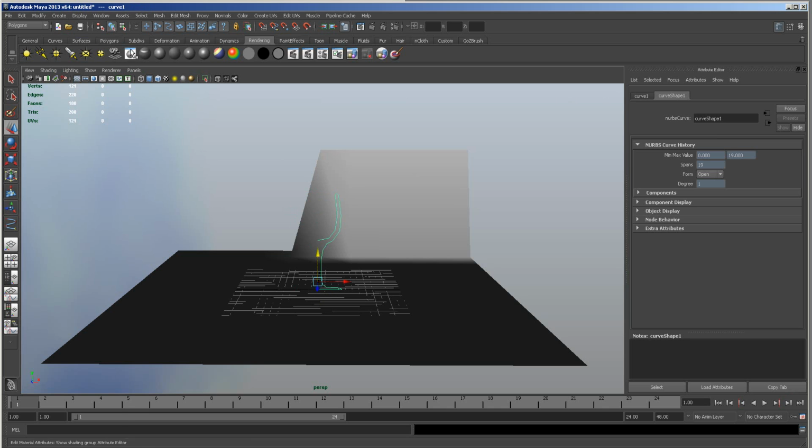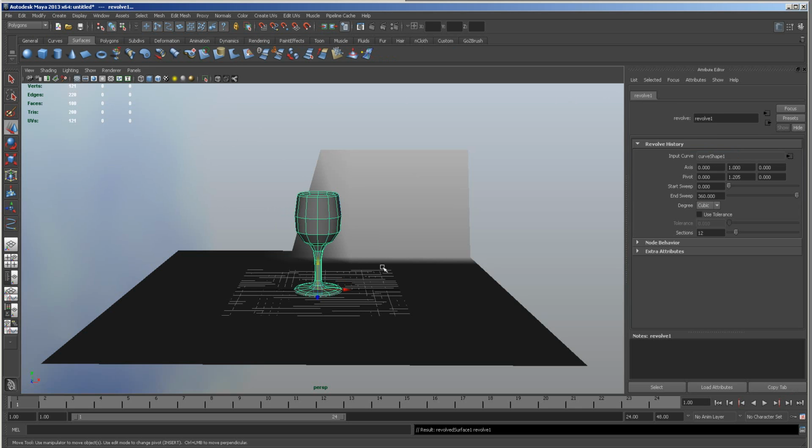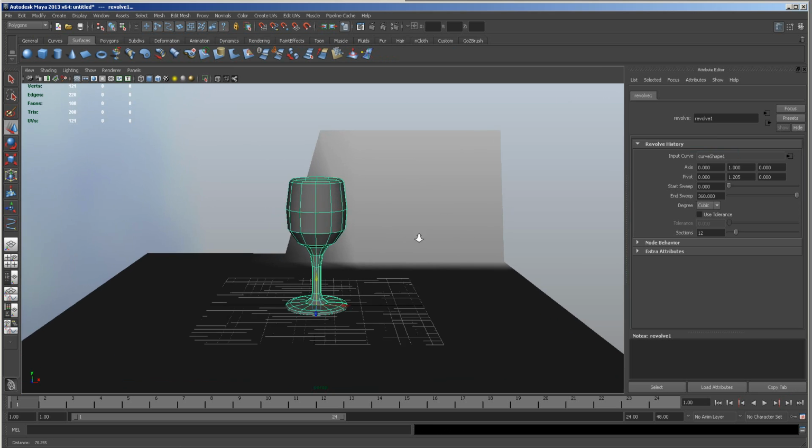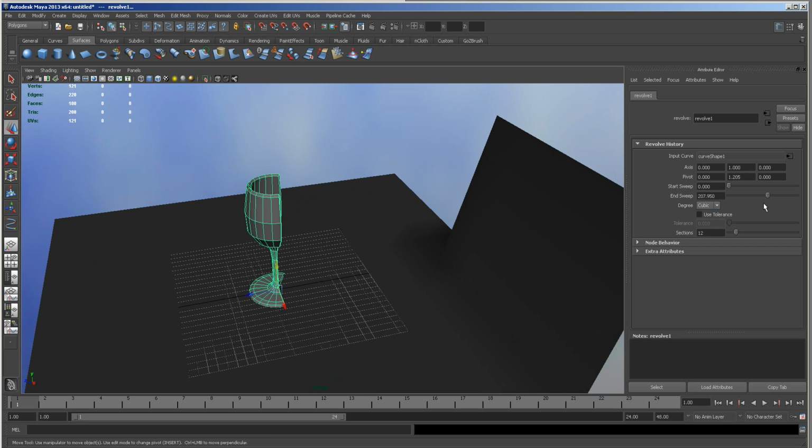So I've got it again, we know it's correct. I'm going to come into my surfaces and double click the revolve, and this time I'm going to turn it into a Nurbs and revolve it. So there you go, that's the Nurbs version. Of course the Nurbs version gives you control on this as well, so you can have half a glass if you wanted to. I could also up the amount of divisions to make it a little bit more,